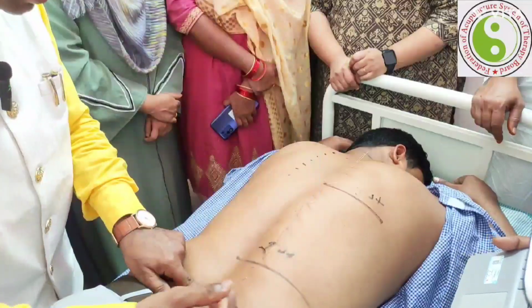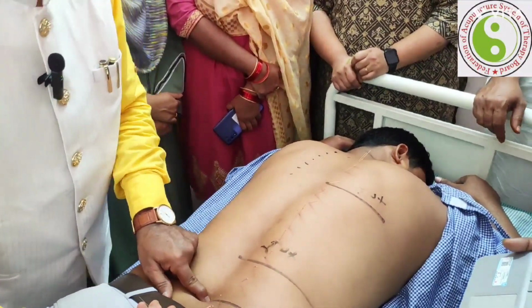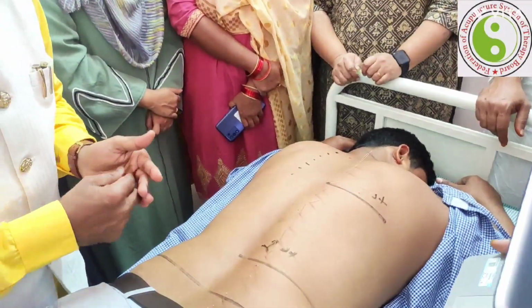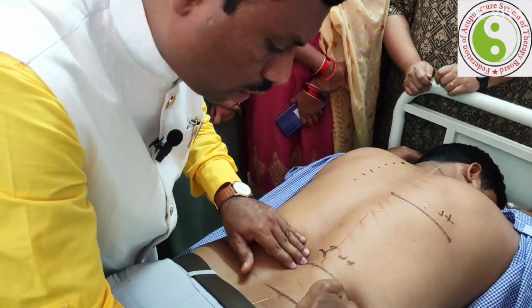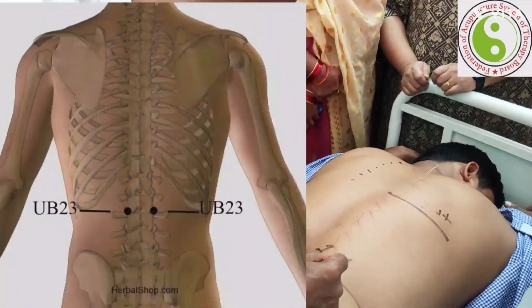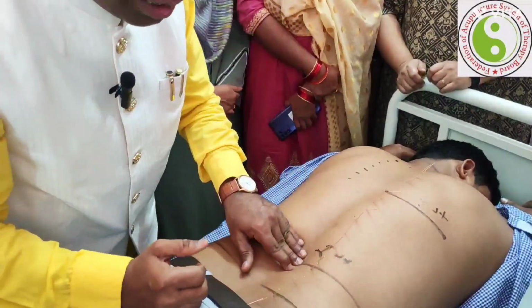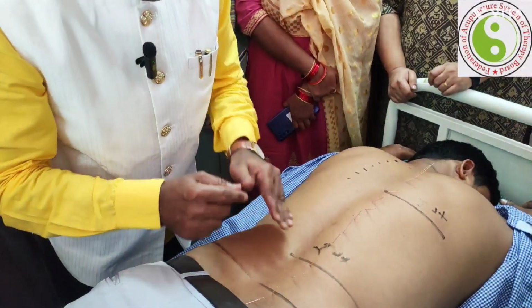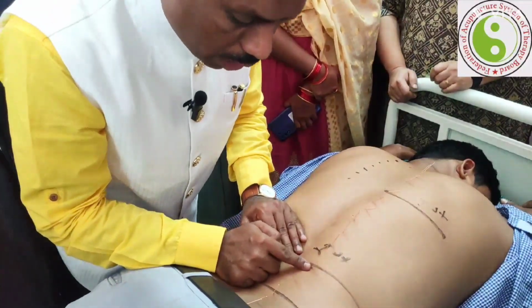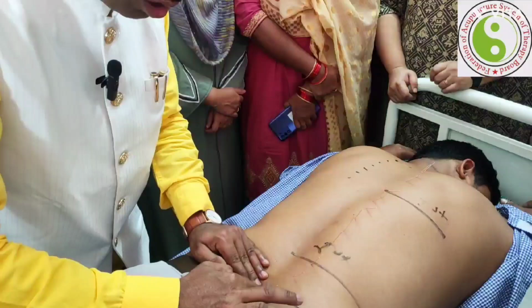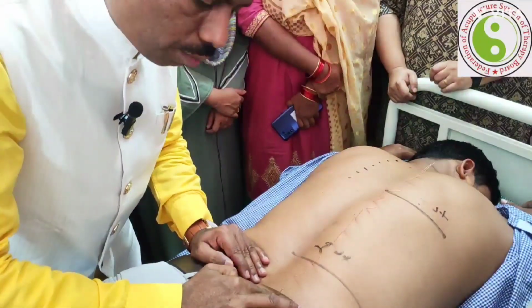UB25 point is located. Which point is located? UB25 point. Then this first two fierce line, which point is located? UB23 point is located. Which point? UB23 point. UB23 is the kidneys back shoe point. Then the UB25 point is the back shoe alarm point for the